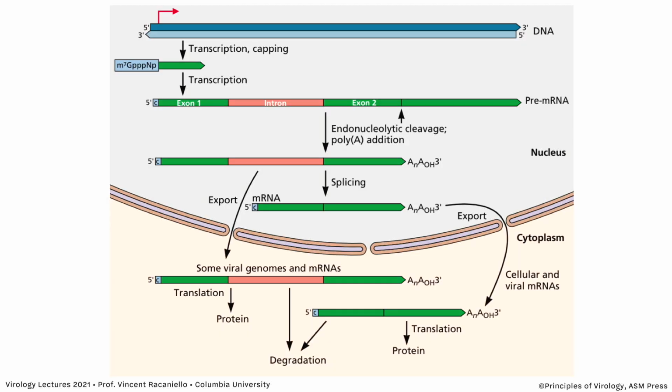Let's look at this process of transcription, and then we're going to go through some of the steps to understand it better, really in the sense of a DNA virus infection. So here we have, this is the nucleus on the top. It's labeled cytoplasm and the nuclear membrane with its pores, so things can go in and out. And here is a double-stranded DNA. This is a viral DNA, let's say, or it could be a cellular DNA. It doesn't really matter. And at a very specific place on the DNA, we have initiation of transcription and capping